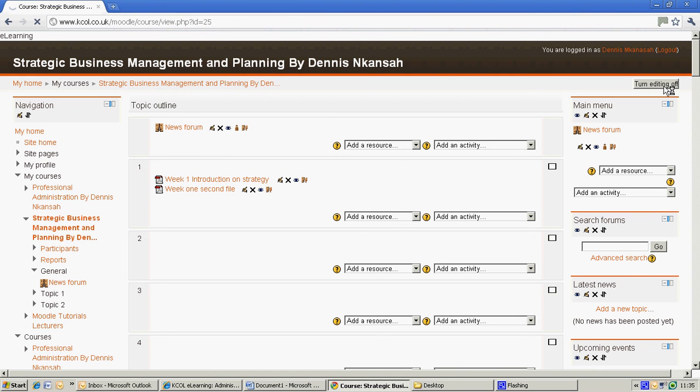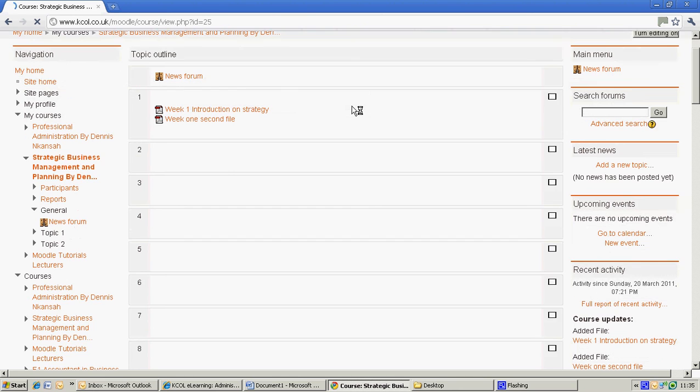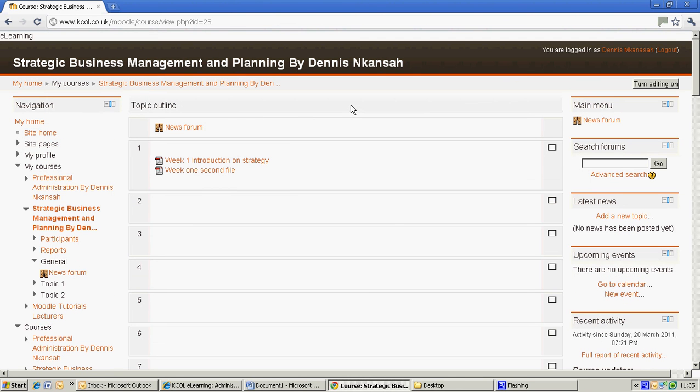Okay, there we go, we are ready. And when your student logs in, they would see the same options. The only option they would not see here is turn editing on. This option is only given to lecturers. So let's say when I'm logged in as a student, I would see a similar space, a similar structure with the same options with all these lecture notes. And here, if I'm a student and I would like to see what this week 1 is all about, I'll click on it